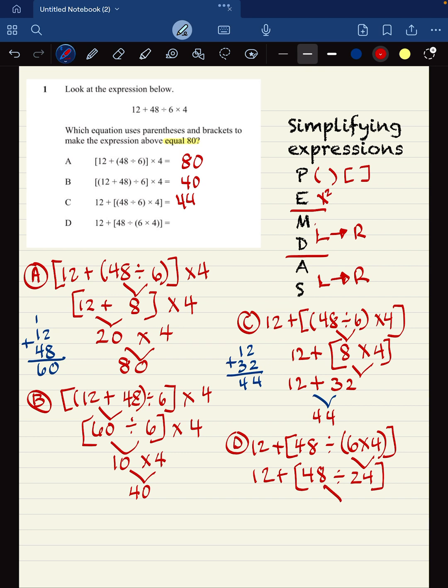Just bring down any symbol or number that has not been used. Now I'm going to go 48 divided by 24. I know my doubles and halves, and I know that 24 is half of 48. So 24 times 2. I don't write the bracket anymore. Plus 12, bring down the plus, bring down the 12, and finally 12 plus 2 is 14. So this one gives me an answer of 14. So the correct answer, now we know, is letter